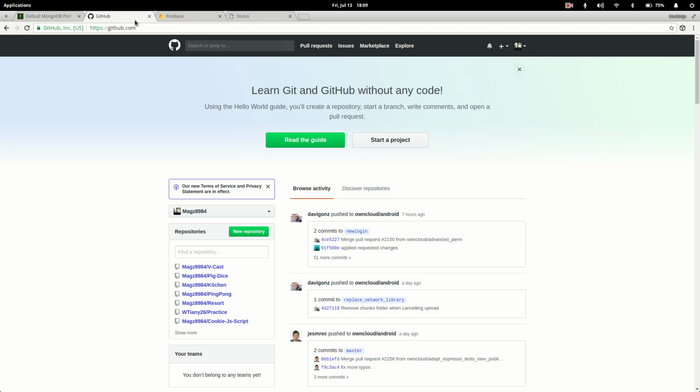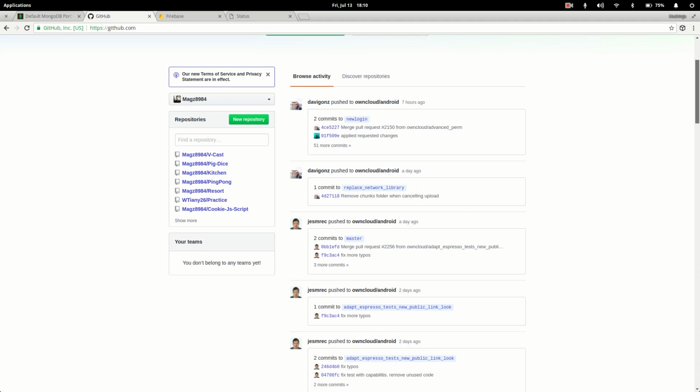So this will be very swift and very fast, and I'm gonna show you what GitHub really is and how you can use GitHub to help you create sites and to control the version of whatever application you're creating. In this case we're creating a web app, so we'll actually be